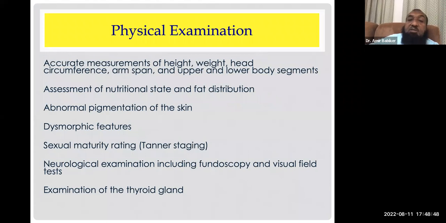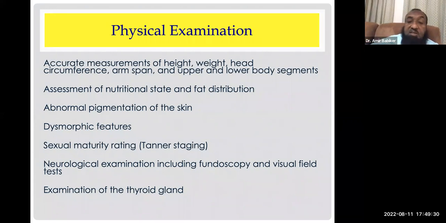Examination: all the growth parameters and the arm span, so you need to know whether this patient is proportionate or not. Of course he may have a short arm span, or a lengthy one like Marfan in tall stature. He may have rhizomelia as in achondroplasia or hypochondroplasia. He may have a short lower body segment if disproportionate, because he's got lordotic posture or scoliosis, etc. Pigmentation in the skin may be part of neurofibromatosis, etc. Nutritional state of the patient, for celiac, etc.